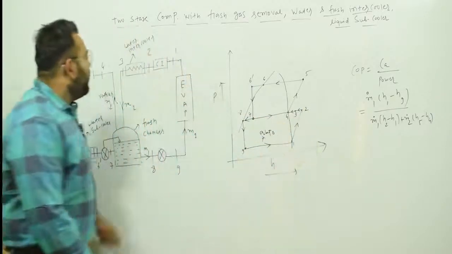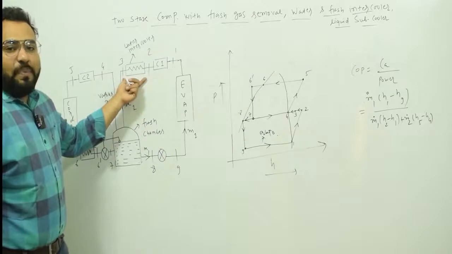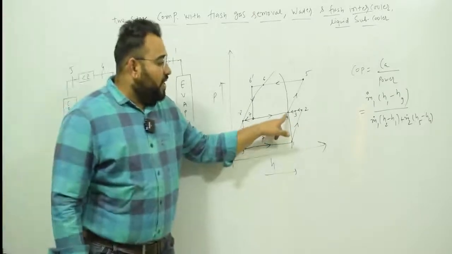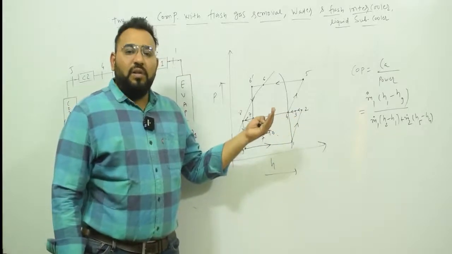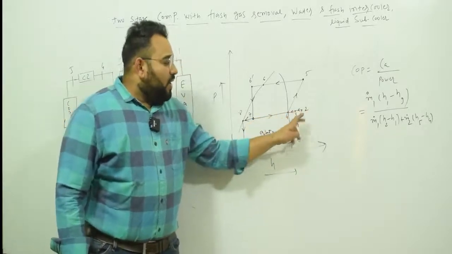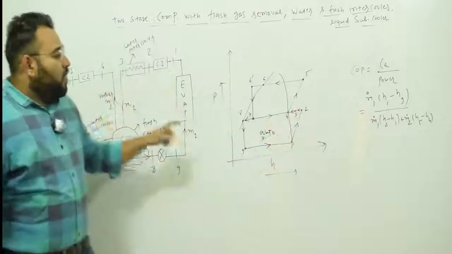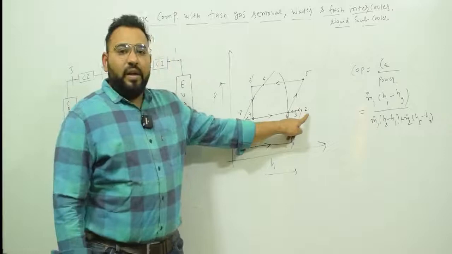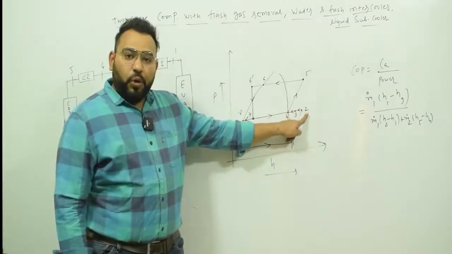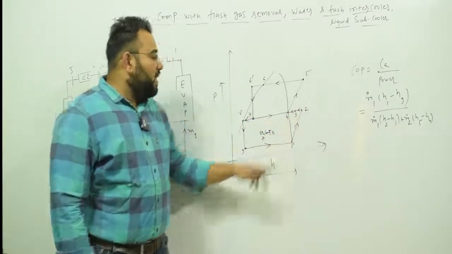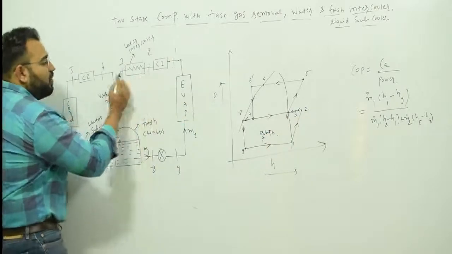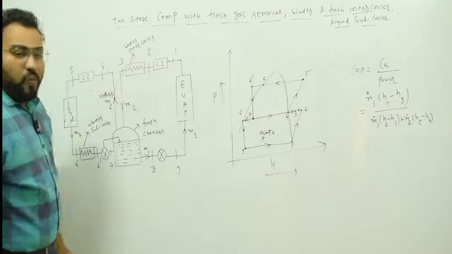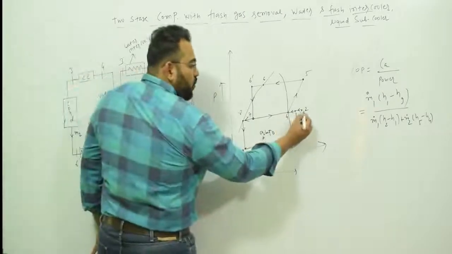We know that this water intercooler will not bring the refrigerant fully into the vapor region; it will cool it down only a little bit. At point 3 you will be in a region which is also superheated, but less superheated compared to point 2. So 2 to 3 water intercooling is happening, and heat is rejected to the circulating water.